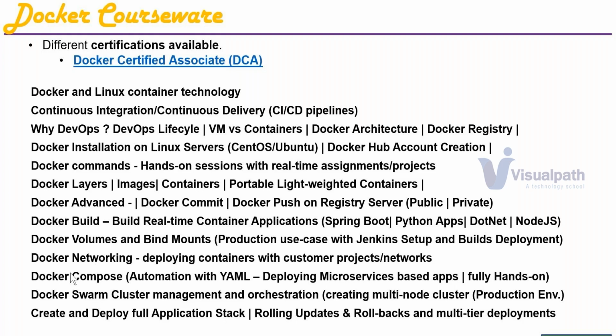Docker has its own inbuilt module, Docker networking. Here we will see it, and then we will deploy our application and get a feel for it. How my application is linked to this networking, who is giving the IP address, how my application's DNS name is resolved, how my application is routed, how the application is accessed from the outside. All that we will see over here. We'll take some projects here, live projects.